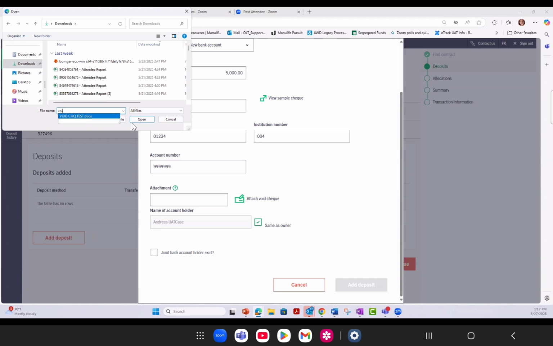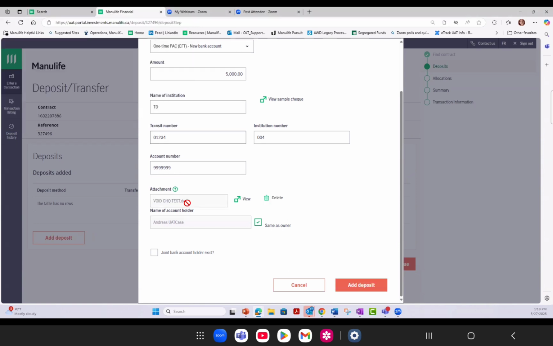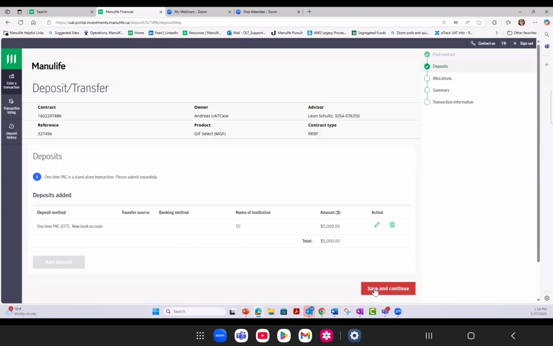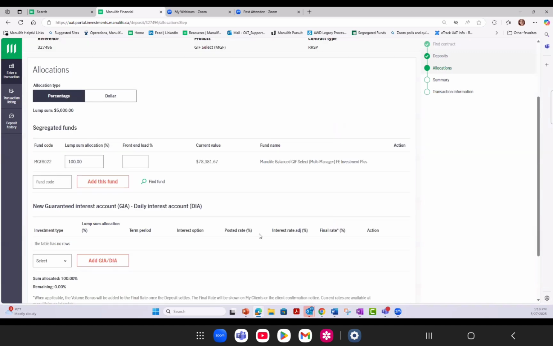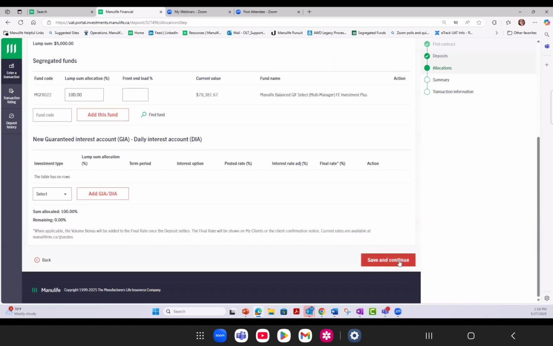So you would just find your attachment, click on open, and you can see that it populates it in here for you. So once you've attached the new copy of the pre-printed void check, you can click on add deposit and then save and continue. Again, you're going to be asked to complete your allocation details. I'm just going to, again, assume 100% of this deposit is going into the client's existing fund and click on